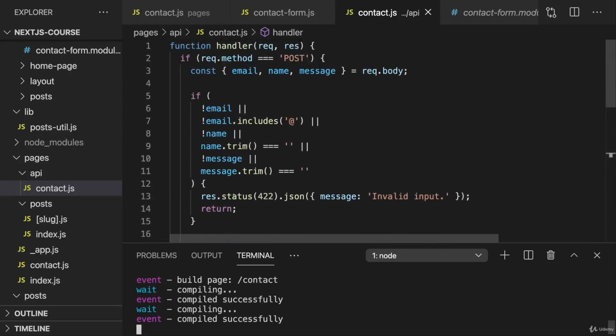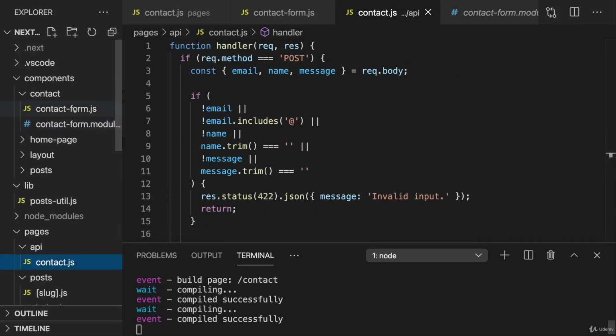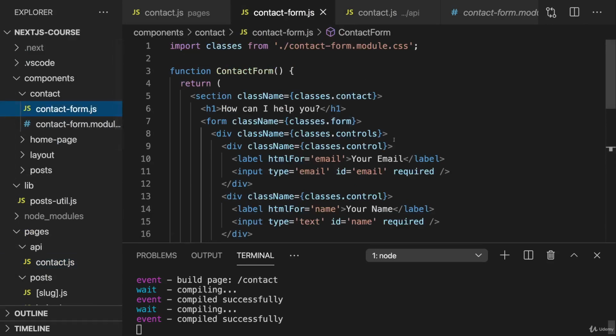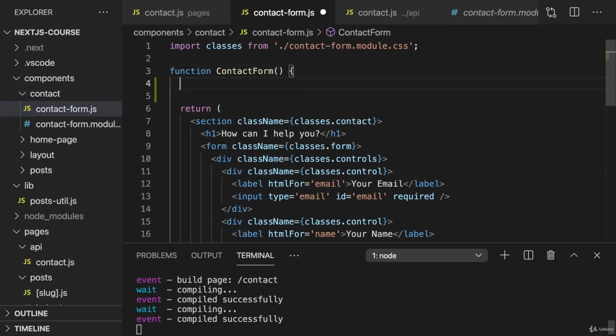So let's now talk to that API route from our frontend. Here we got the contact form, and it's probably here where we want to talk to our backend. First of all, we need to add a function which is triggered when the form is submitted. So I'll add a new nested function in this component, the send message handler function, which will get the default